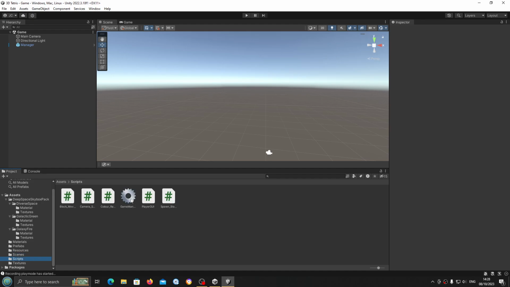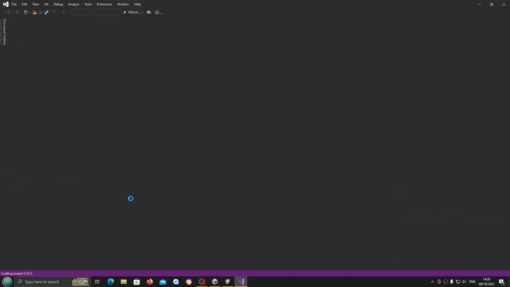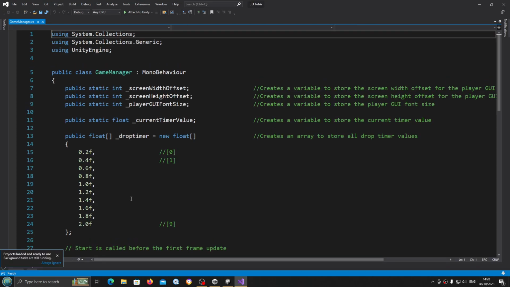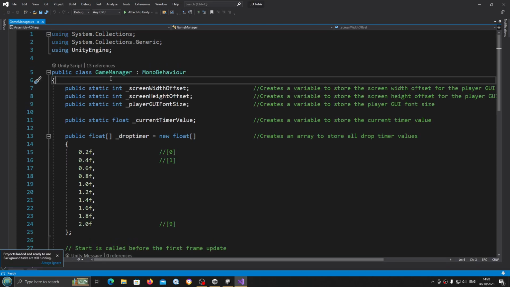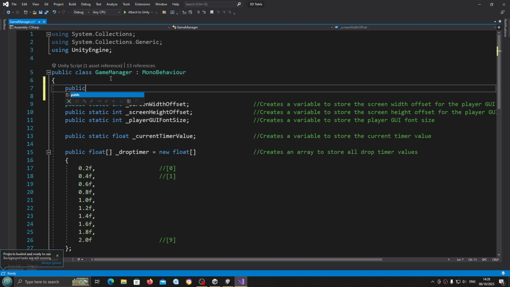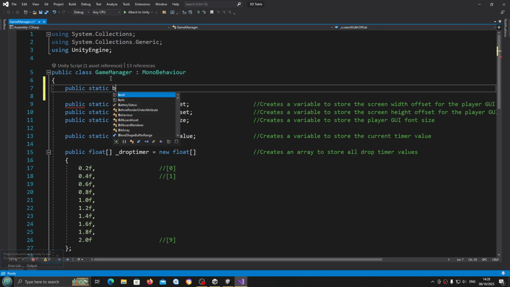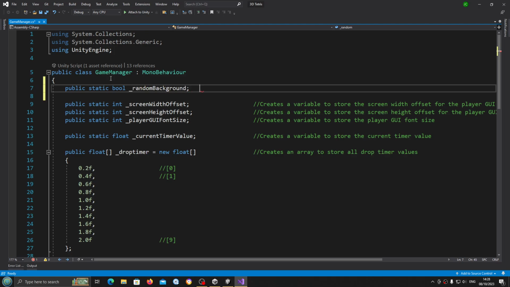We'll come to the game manager script first. And we'll begin by making a couple of variables, public static bool. So what I'm going to do is have two options. One where the background's chosen randomly, and one where it goes sequentially through the array. So we'll begin by saying underscore random background